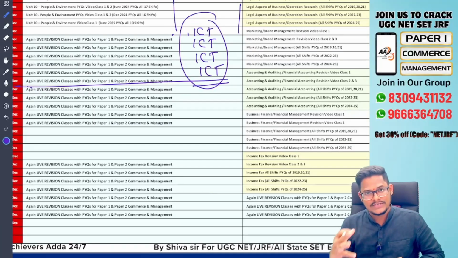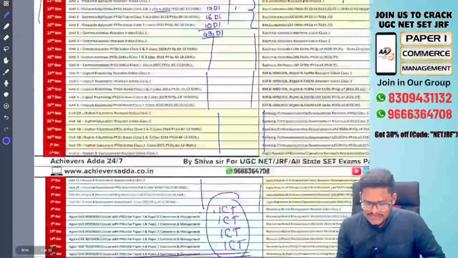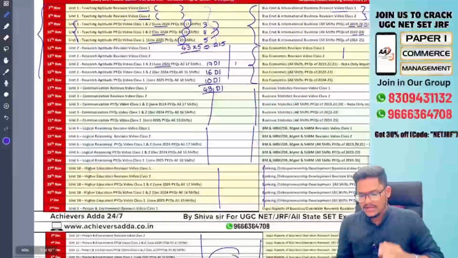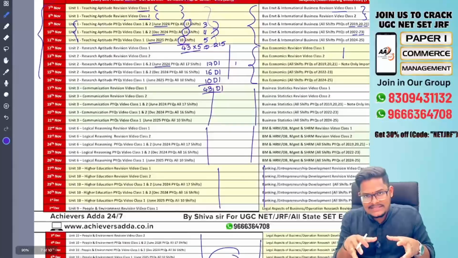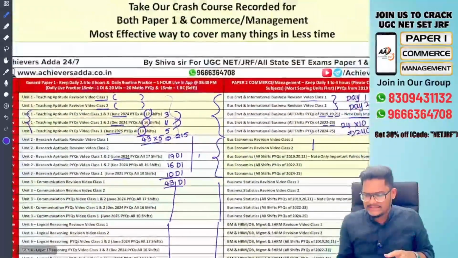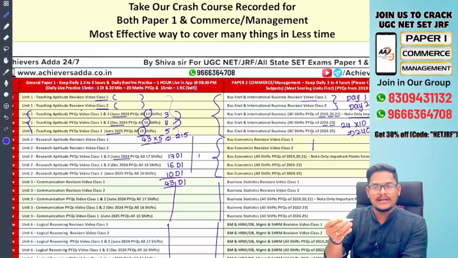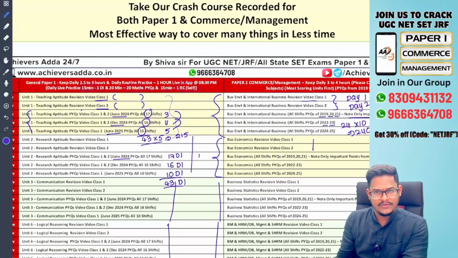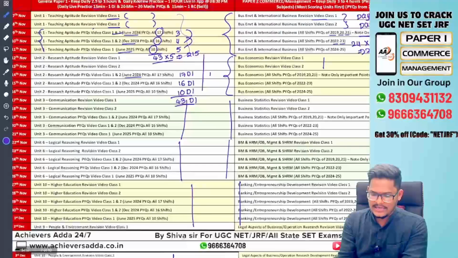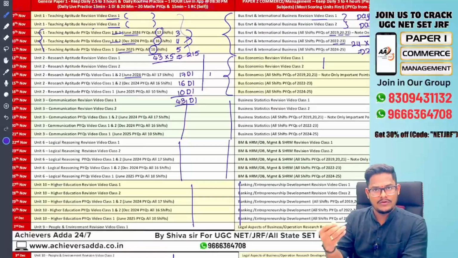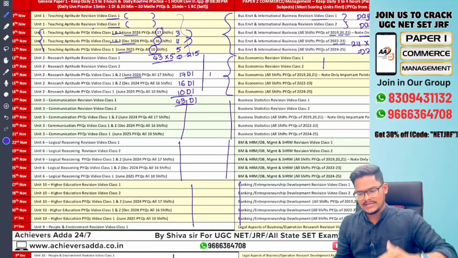This is a crash course schedule, and this crash course is actually a full length recorded course. If you can implement it, all the things are there. Whatever I have given in this, everything is given in the crash course. For the particular unit, day 1 and day 2 theory revision. After that, PYQ class of 2024 June, December 24, June 25, unit 2 was that session every day.